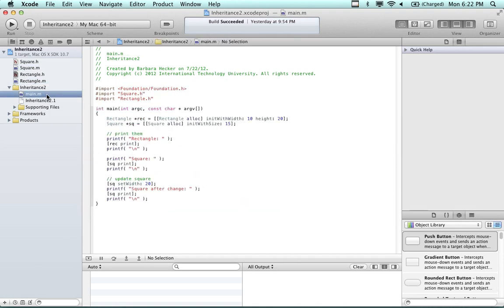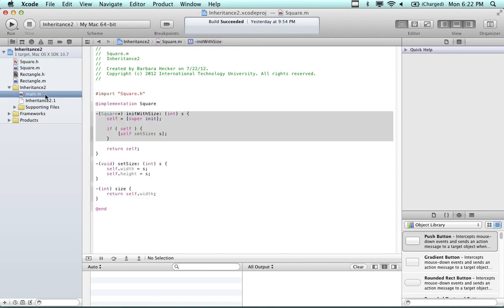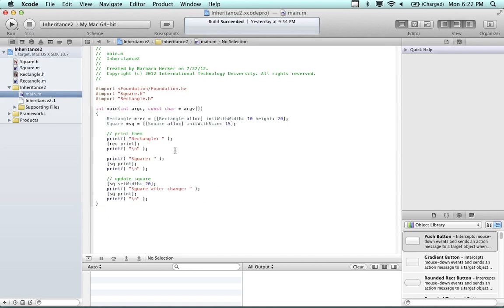Okay, if we take a look at main, I think I've run out of squares, and okay, so good. We got squares, and if we take a look at main, what we've got here is a rectangle rec. We're using a pointer because it's a reference type. Rectangle alloc, and look at this. Init with width 10 and then height 20. And now we're taking a square and we're running init with size,